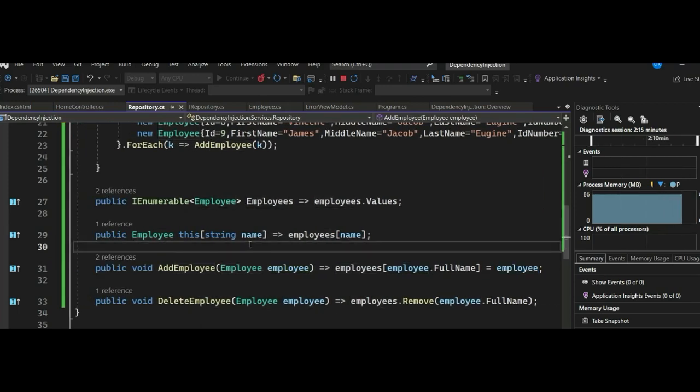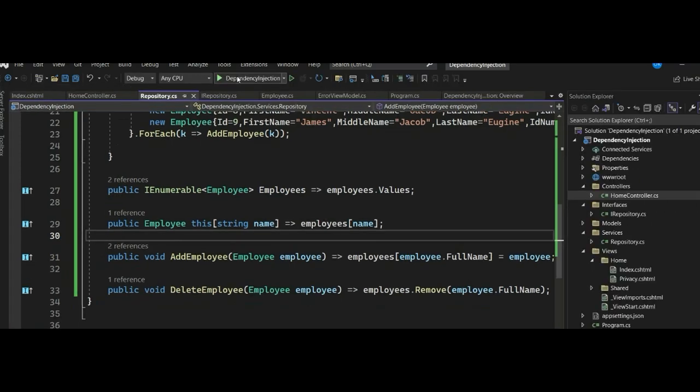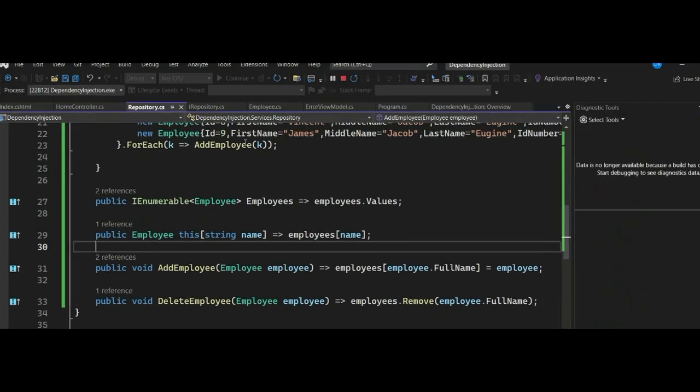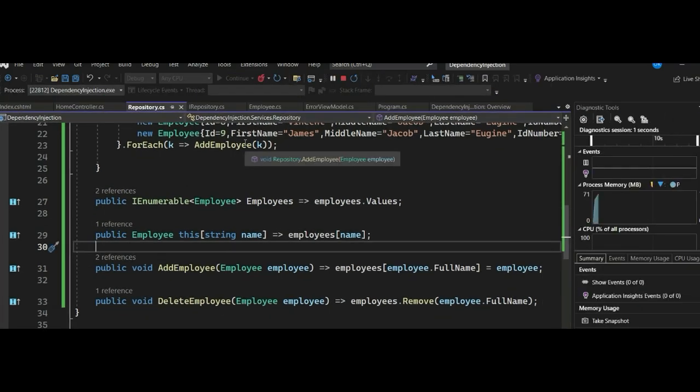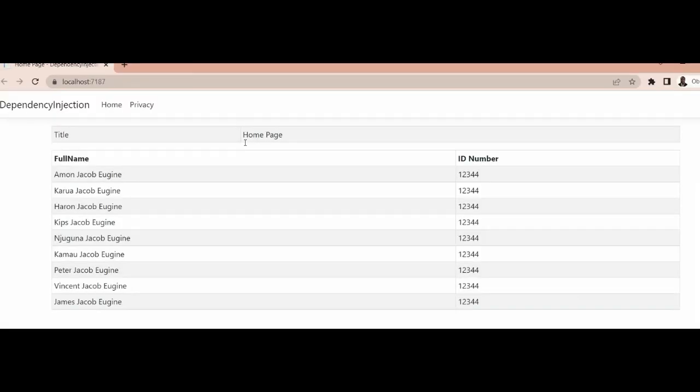So that's fine. Let's try again. Yes. So we have our full name. You can see, the first one, I think it was having the same data. That's why we are getting the issue. So we have our full name